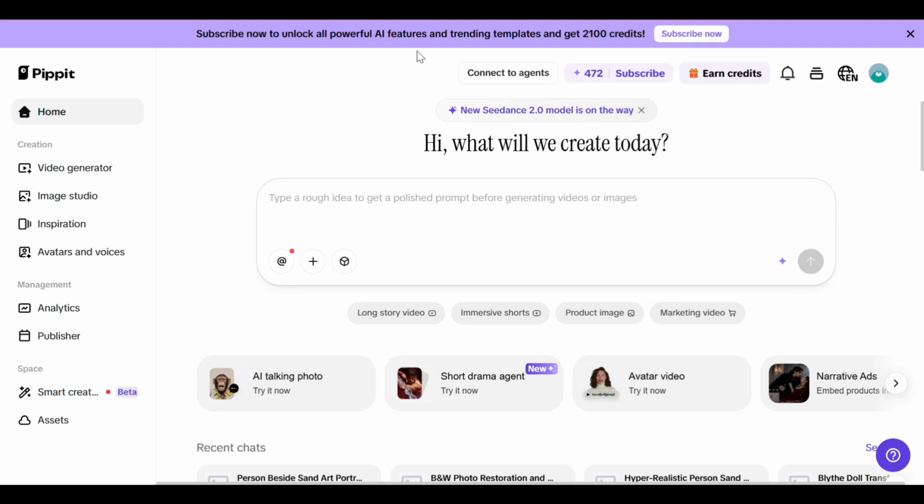And you can also use this tool to create any AI content, like maybe AI talking photos, avatar videos, product